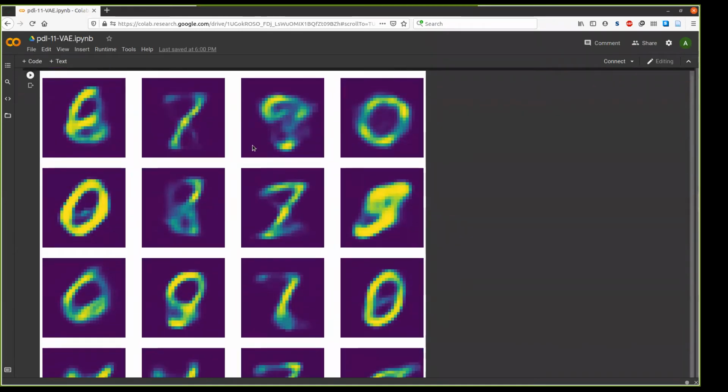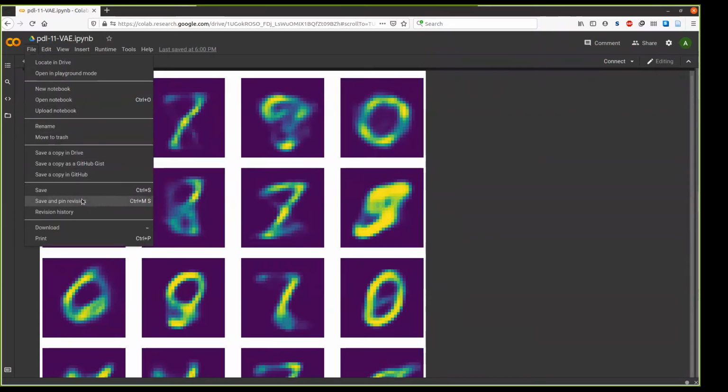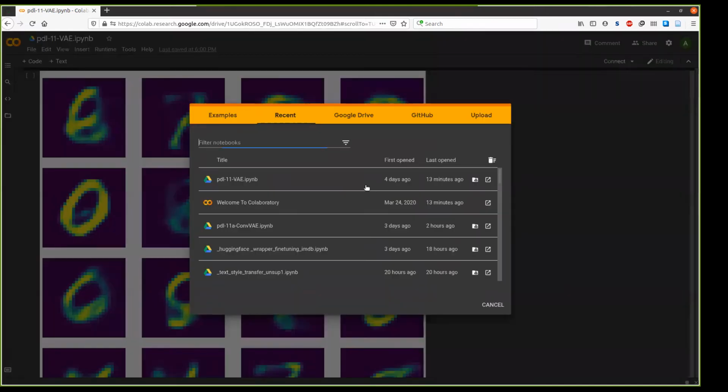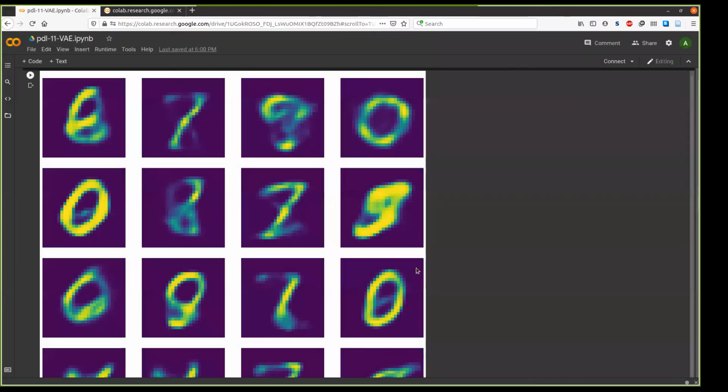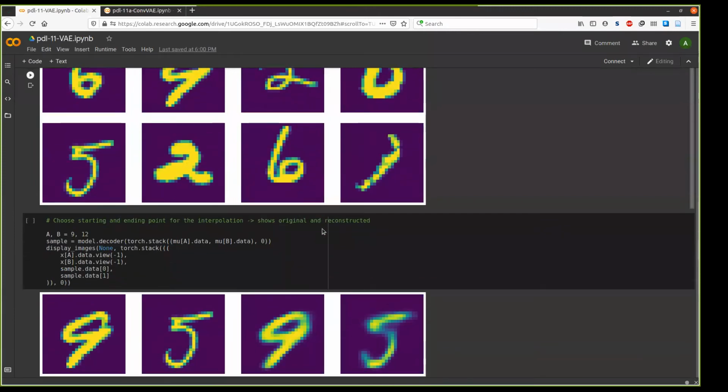When working with images, we probably could have tried a convolutional model, and that's what I did. So I will just open another notebook here, and while it's opening, we will move further